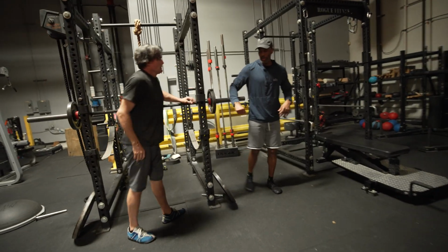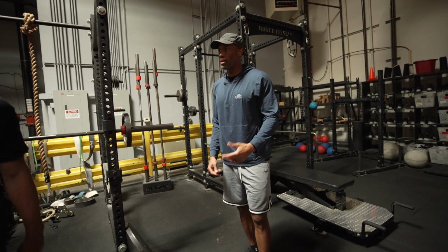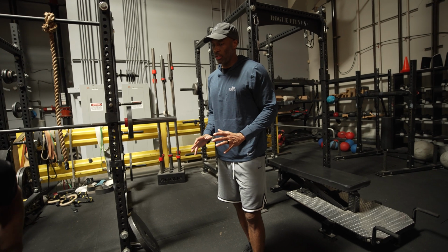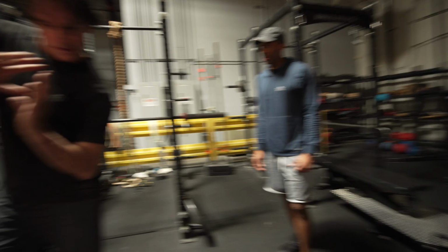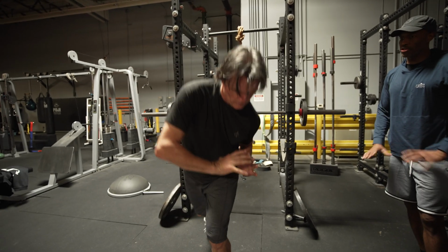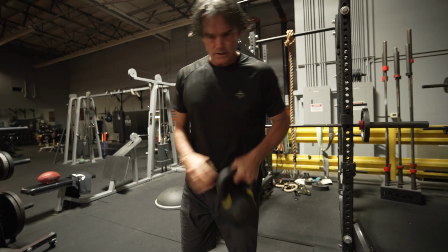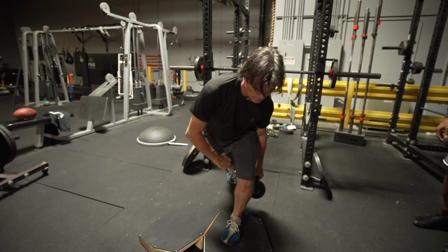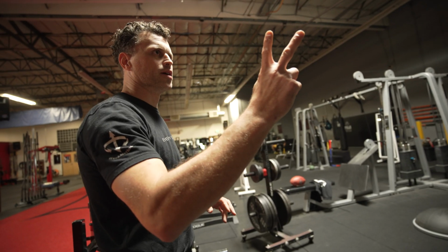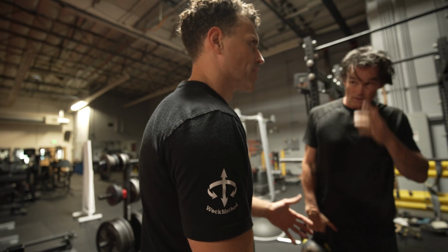So what do you think about some split stance variations? Say we're using dumbbells, we're using kettlebells. I would say a loaded split stance variation would be like that. But if we just had the dumbbells down by our side, so if you use one or two dumbbells, typically it just depends. When you do a dumbbell, like one in each hand,